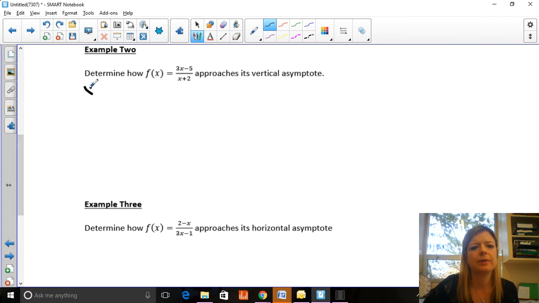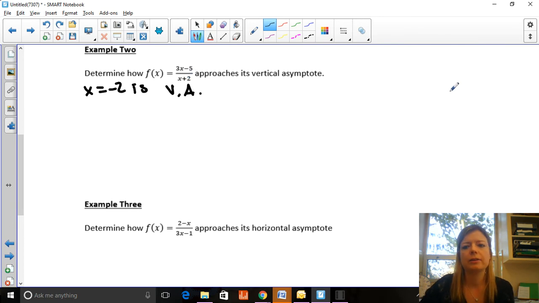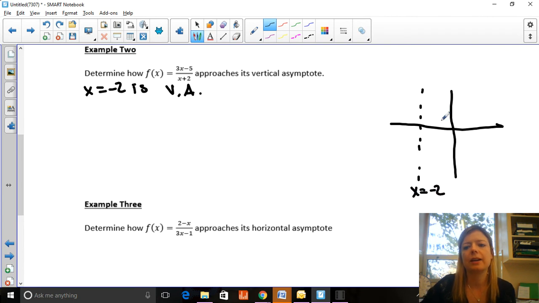And in this case, we can see that x equals -2 is the vertical asymptote, since it makes the denominator 0, but not the numerator. So we can draw a quick little sketch of what that looks like. So basically the question is asking, when I'm coming from the left, am I going all the way down or am I going all the way up? And when I'm coming from the right, am I going down to -infinity or up to +infinity? So to figure that out, you just test x values on either side